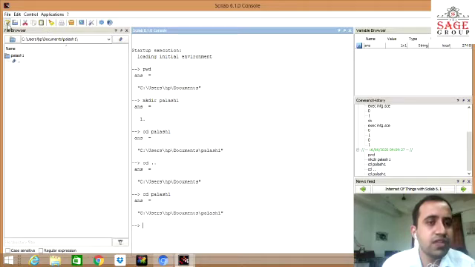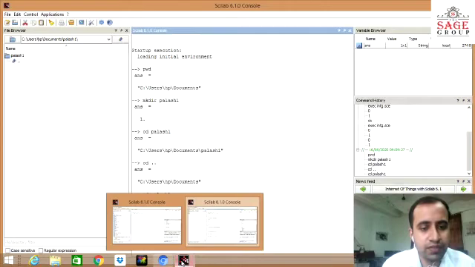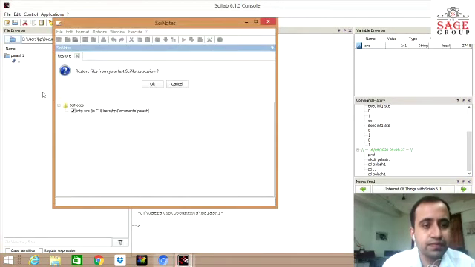So we come to the Scilab notepad. Its icon is below the file option you are seeing, and when I move the cursor on that notepad, you see that Launch SciNotes is coming. So we click on that, and you will see here that the Scilab notepad option will open.